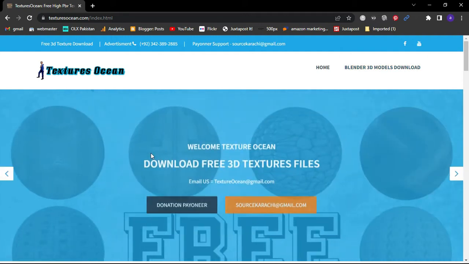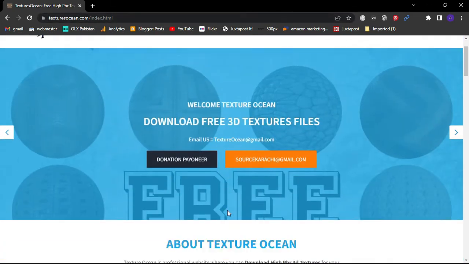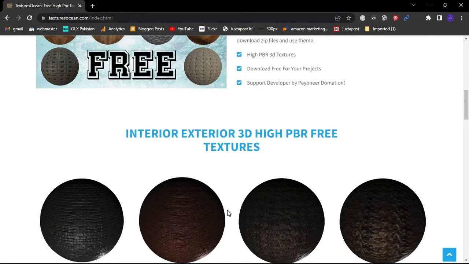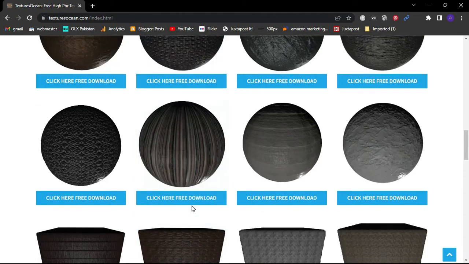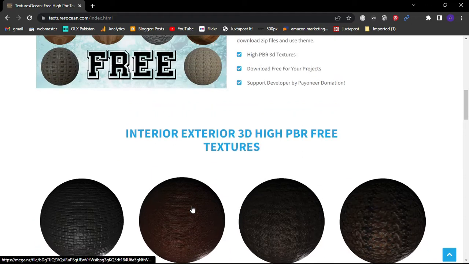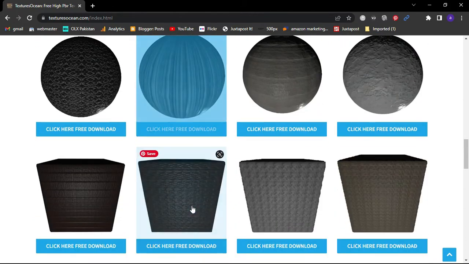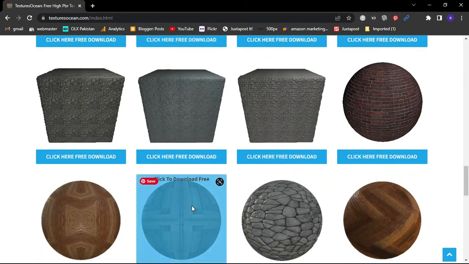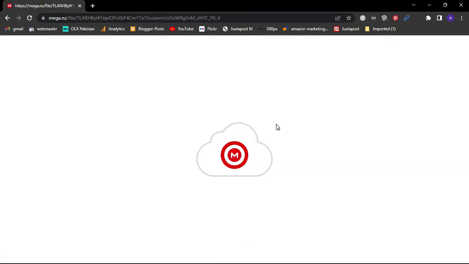Okay, let's see, this is the website of Texture Oceans where you can download free high PBR textures. You can download different types of floors, walls, and different types of maps free. From here, if you click over here, you will see that